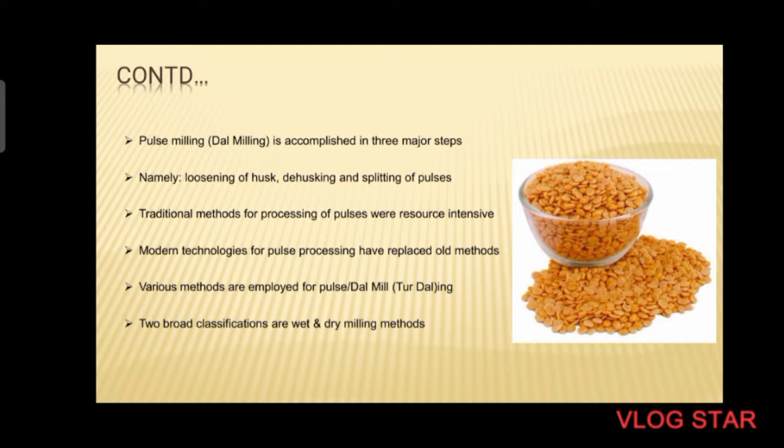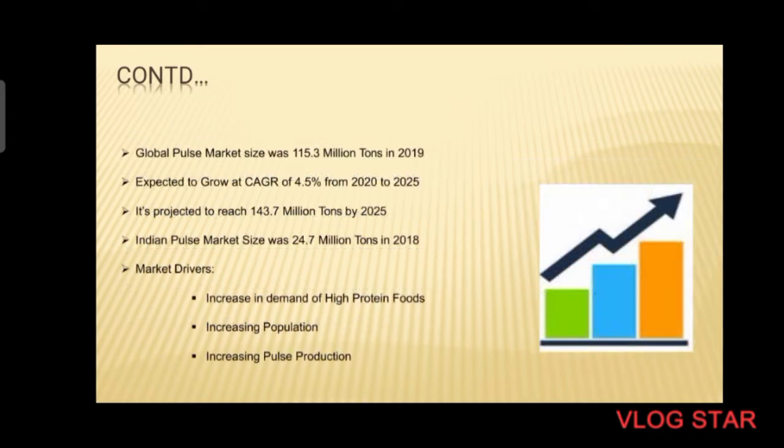Traditional methods for processing of pulses were resource intensive. Modern technologies for pulse processing have replaced old methods. Various methods are employed for pulse or dal milling. Two broad classifications are wet and dry milling methods. Let us discuss them later. Global pulse market size was 115.3 million tons in 2019, expected to grow at a CAGR of